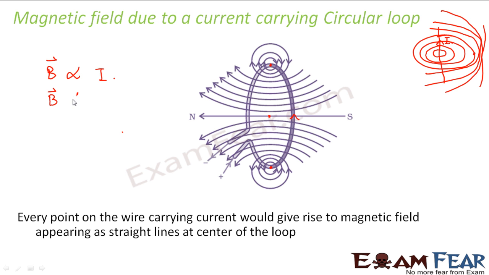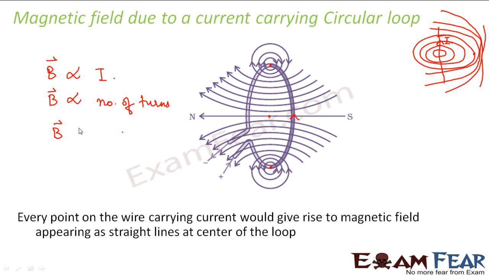In this case, magnetic field also depends upon the number of turns. That means if you have more number of turns on this wire, then also the magnetic field increases. If you keep the compass here, and first you take a single circular loop, then you wind that circular loop with 100 turns of a copper wire, the amount of deflection increases. So in this case, the magnetic field also increases with the increase in number of turns.